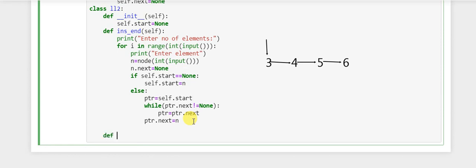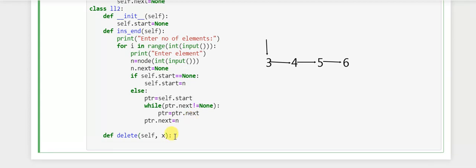So I am taking the function name delete here. We pass the parameter self and the variable name x that we want to delete. As done in the previous video, we are again going to take two pointers here, ptr and previous, and we are going to point them at the start of our linked list.